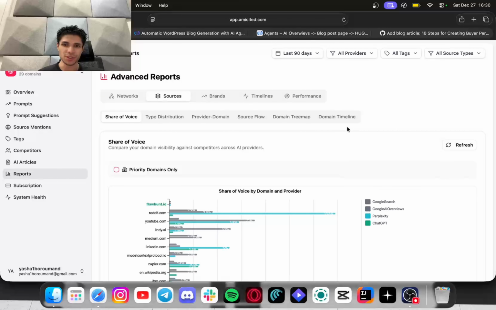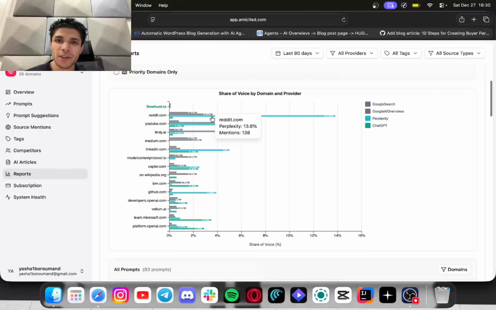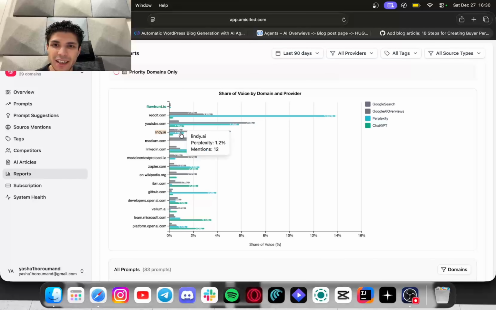Then next up is sources. So the same kind of analysis also applies for sources. This is a nice view to see outliers, which are the domains that are getting ranked more in different AI providers. So for example, my first competitor here, Lindy.ai, is actually ranking high in most of the AI providers, and exceptionally it's ranking high in Google AI Overviews.